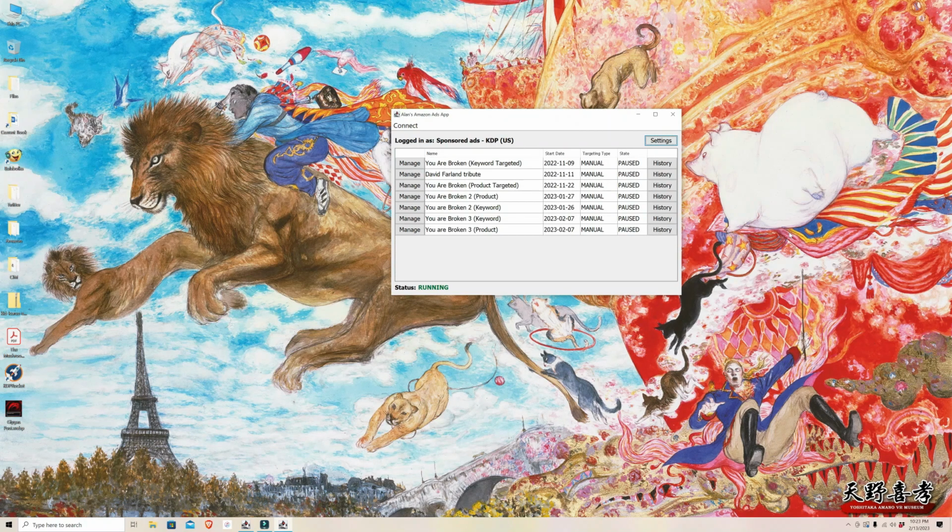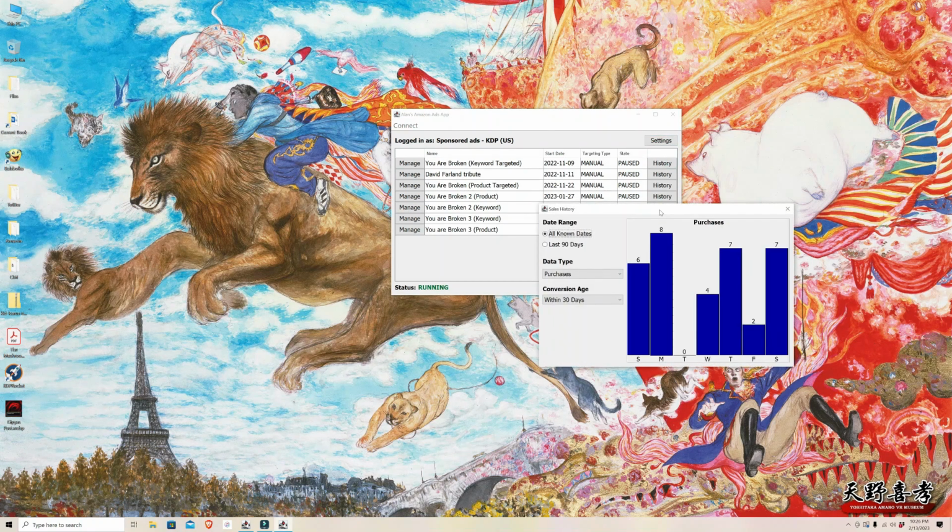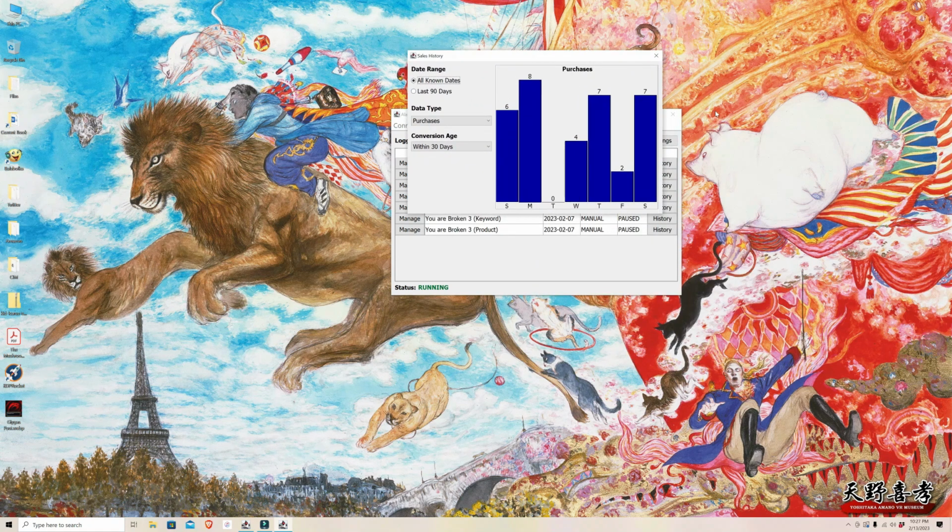One of the most important features of this application is the ability to view the purchase history associated with each ad. Let us go to the original "You Are Broken" advertisement and take a look at its purchase history. This campaign ran for roughly the month of December last year, and it was run at a time when I didn't have this current software that I am using.